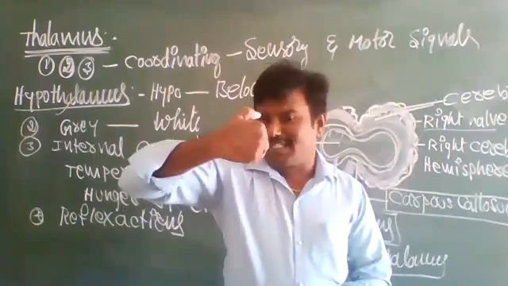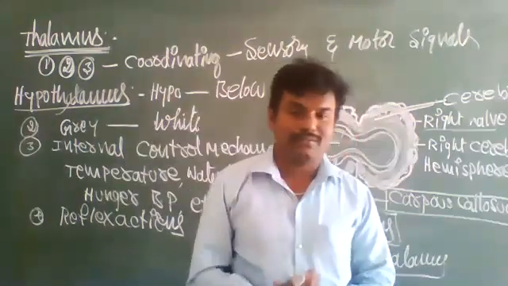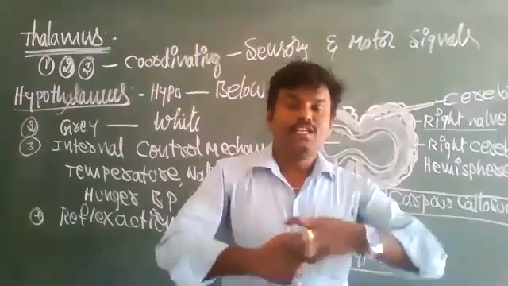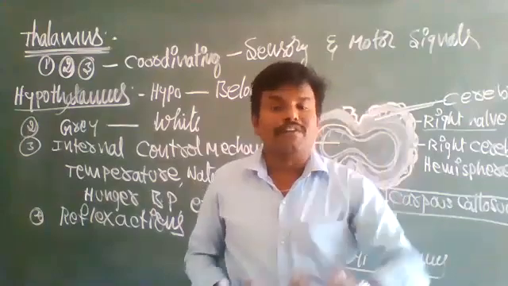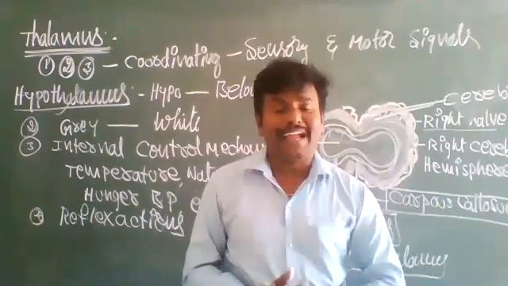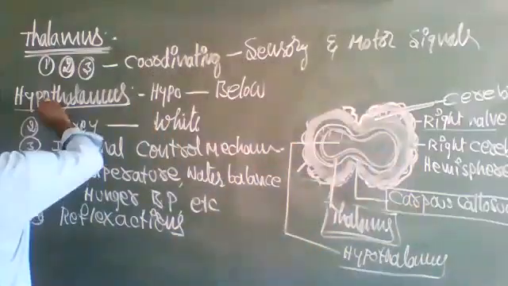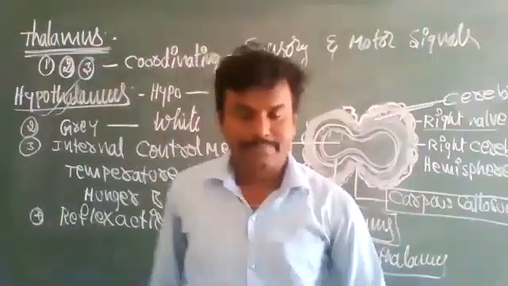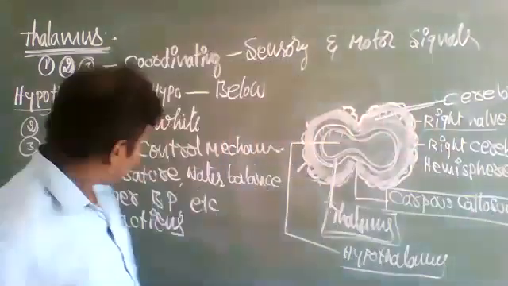When torchlight focuses on our eyes, then immediately what will we do? Immediately we will close them. When strong wind blows, what will we do? Immediately we will try to close our eyes. All these kinds of activities are called reflex actions. These kinds of activities are controlled by hypothalamus. It is also associated with the reflex actions and also controls